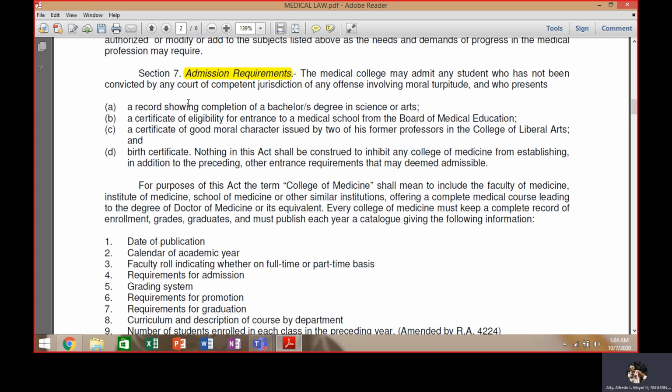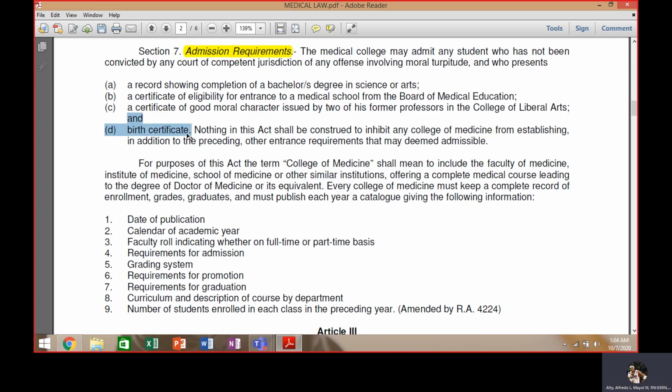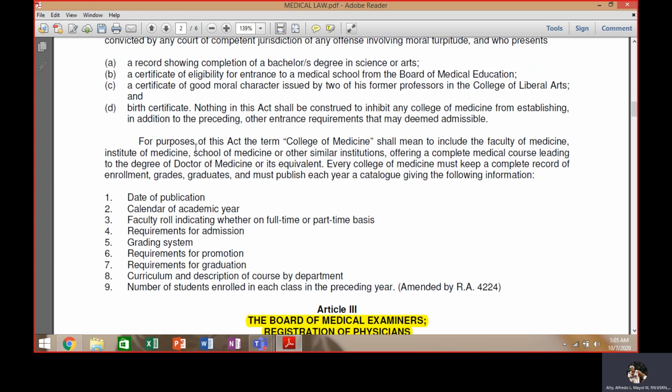Next, a certificate of eligibility for entrance to a medical school from the Board of Medical Education. Next, a certificate of good moral character issued by two of his former professors in the College of Liberal Arts. And the birth certificate. Okay? Nothing in this act shall be construed to inhibit any College of Medicine from establishing, in addition to the preceding, other entrance requirements that may be deemed admissible. Okay? So the college itself, the school itself can make another requirement. For example, if they want an entrance exam, okay, they can do that in addition to this